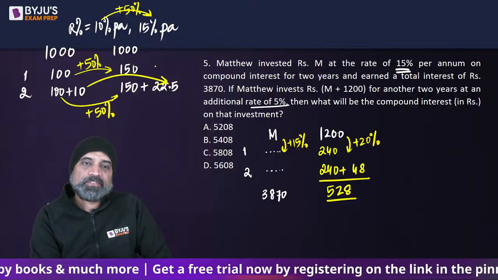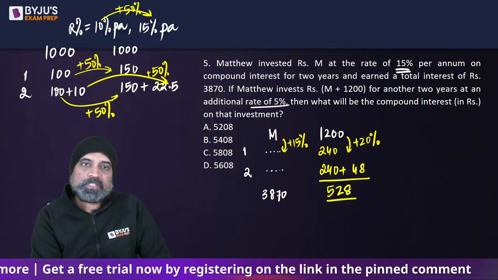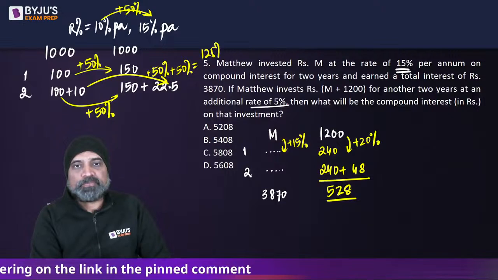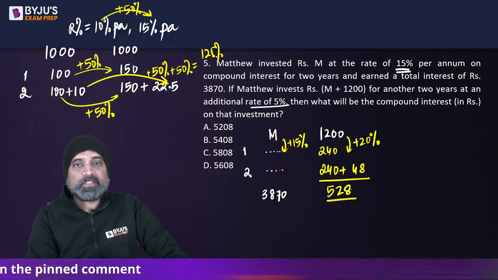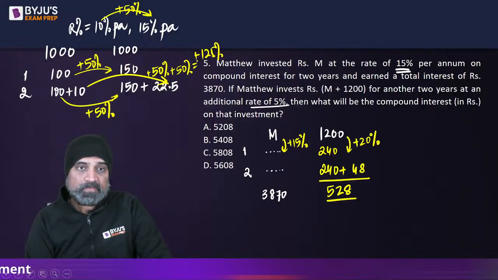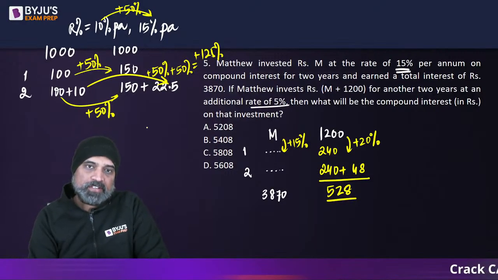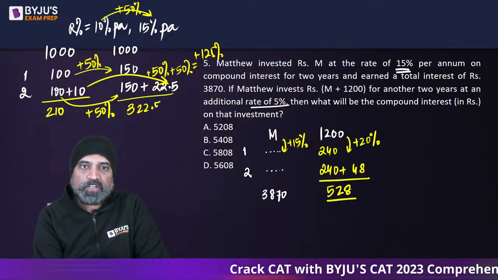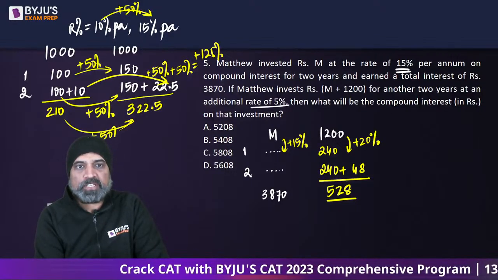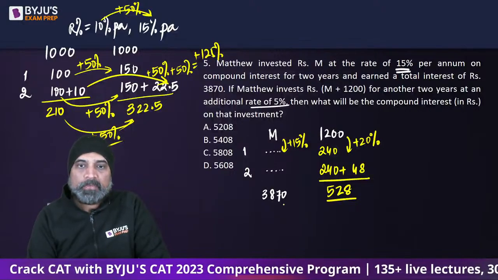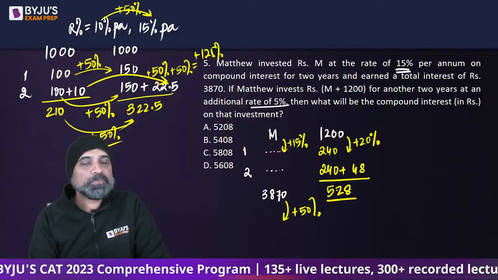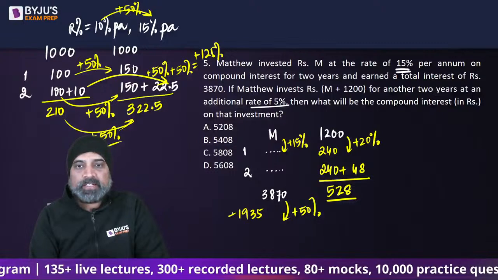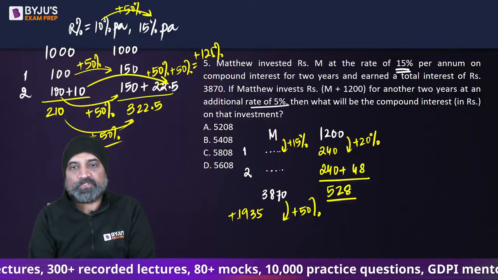which is 50% and 50% successive, right? Which is going to be 125% increase of 125. Right? So if we do the same thing, say this is going to be 210, while this is going to be 322.5. So this is 50% so at least this will also increase. So going by that logic, we can say this is going to increase by 50% at least. 50% would mean 1935, right? So this is going to be 3, 4,